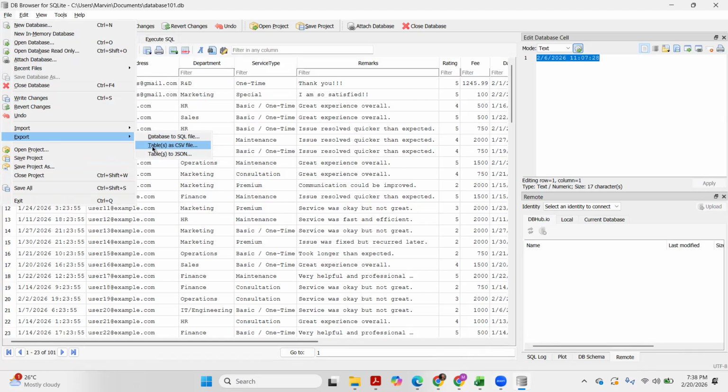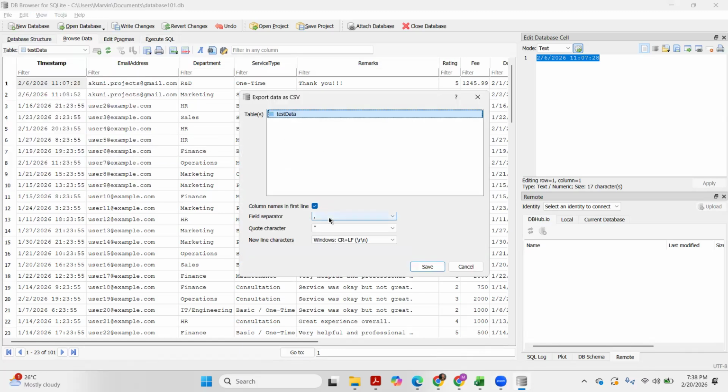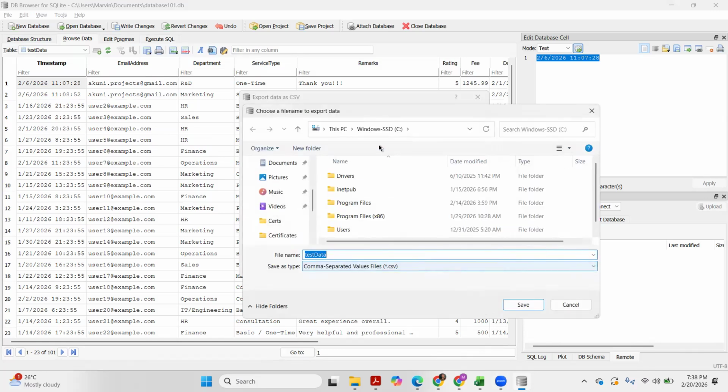If you haven't done it yet last time, you have to export it as a CSV file first. Then we have some parameters here. Just ignore them in the meantime, and then save and choose the location where you want to save your CSV file.